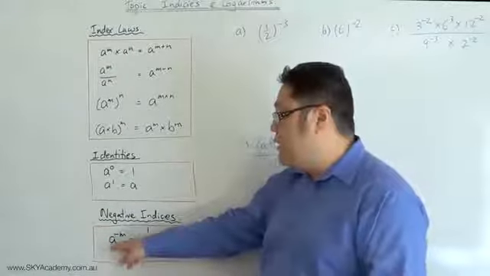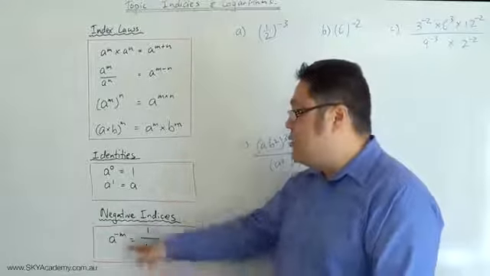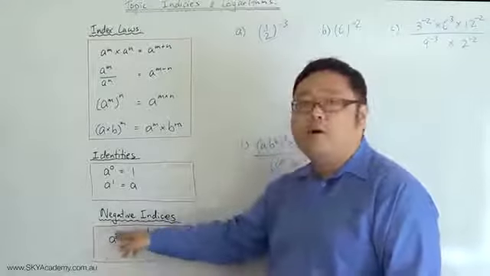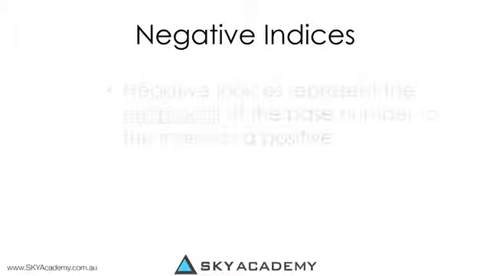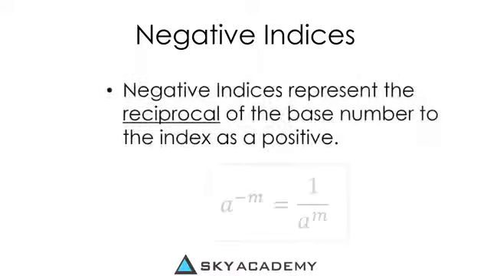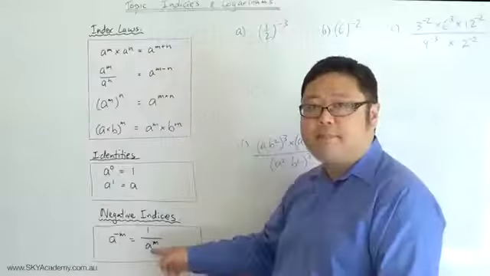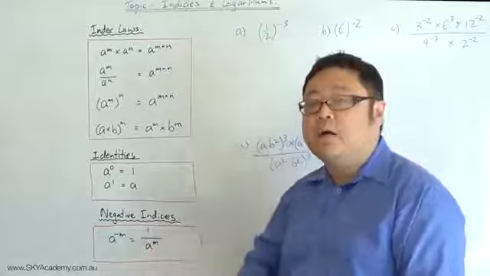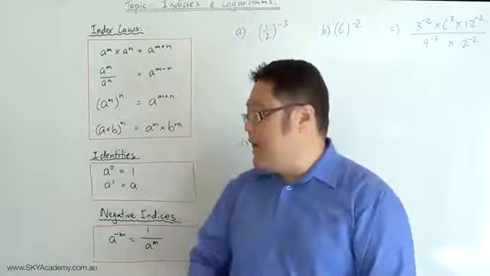So when you've got a negative index, what that represents is not that the whole result will be negative, but rather that it's the reciprocal of the positive index. So the answer to a to the power of minus m would be 1 over a to the positive m. Does that make sense? We're going to look at a couple of examples now to really see how this operates,